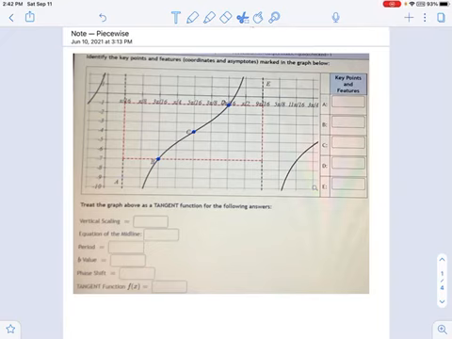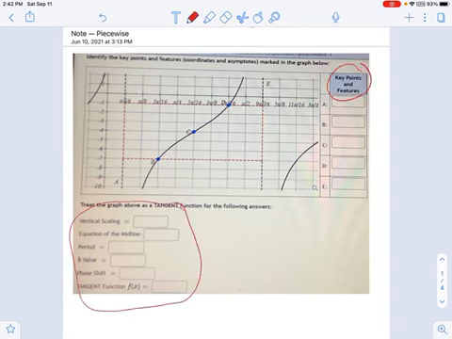Now it's time to start talking about the transformations of tangent and cotangent functions. You can see in this image right here, it's not the best quality, I'm sorry about that, but we have a bunch of key points and features that we want to talk about. And we have a bunch of vertical scalings, equations of midlines, and so on. We'll go through that. But most importantly, this is not your plain old vanilla parent function. This thing has been stretched around, moved, all sorts of stuff is happening.